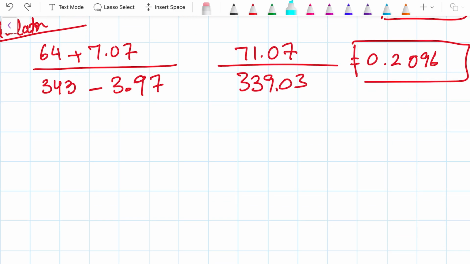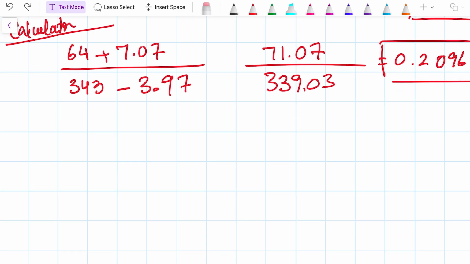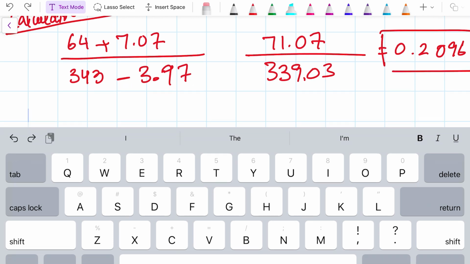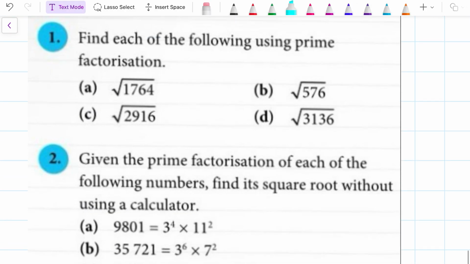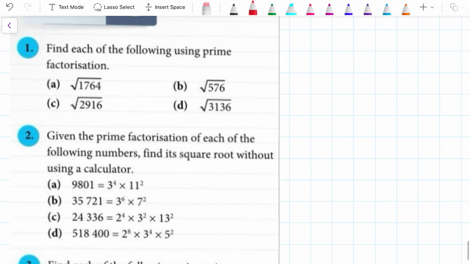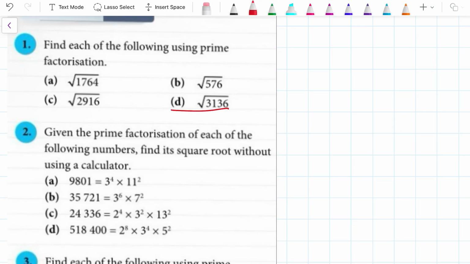Alright, let's look at the exercise questions and see whether we have covered all concepts or not. Do these questions yourself, and if you have any problem, you can always comment down below the video and I'll address your problems. Find each of the following using prime factorization. So if I take up just the D part,